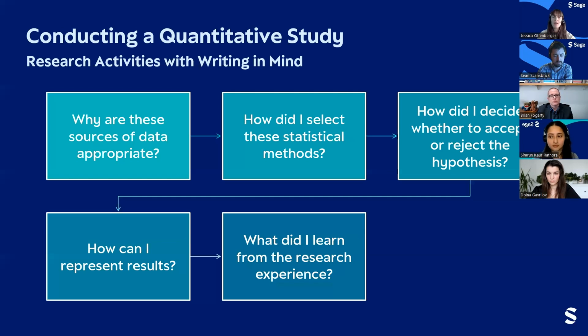Then you'll want to think about how you decided whether to accept or reject the hypothesis. For many standard regression models, you may rely on statistical significance as the main decision point as to whether the hypothesis was rejected or accepted. For example, the p-level for social sciences, the standard is usually 5%. Some additional thought should go into this, though, to better understand not only how to accept or reject the null hypothesis, but what that accept or reject means for your study.